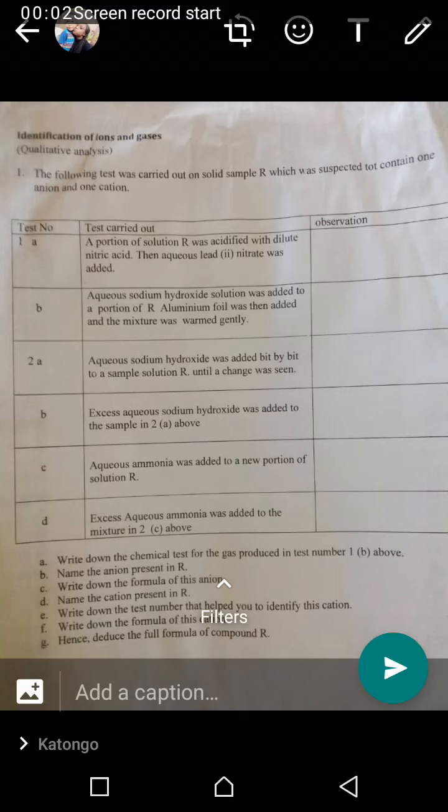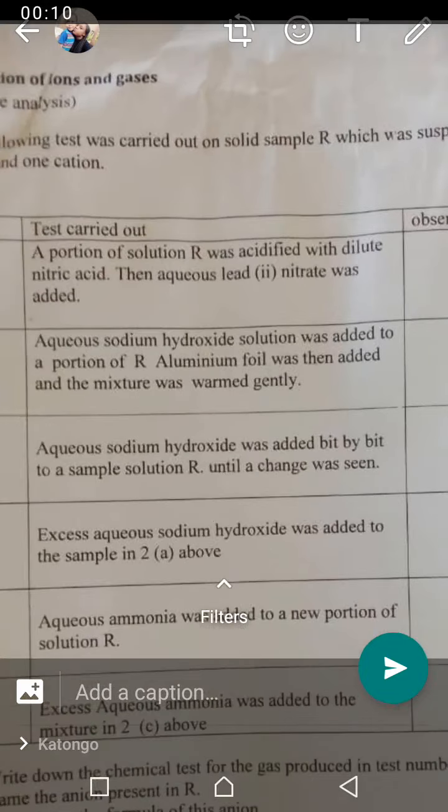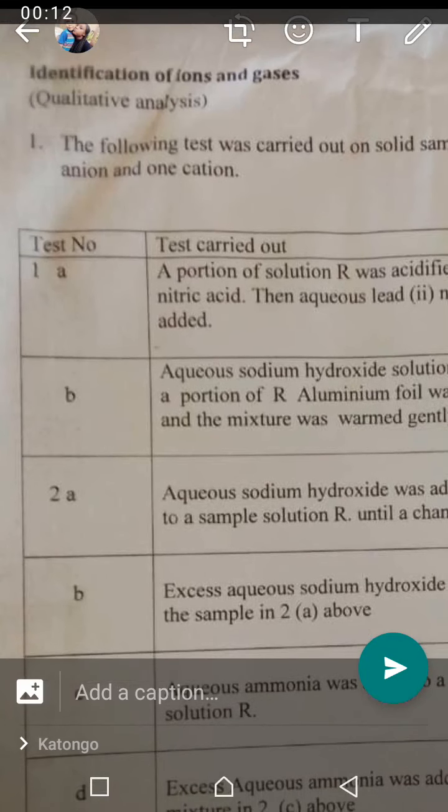Okay, so this is another part of practicals that you need to know. This table usually comes, it's called the identification of ions. Have you seen there are two types of ions here? There's the anion and the cation. So this is the way it comes, okay? As you can see, there are numbers here. There is 1, there is B here, 2B, and so on. That's how they come. Now,